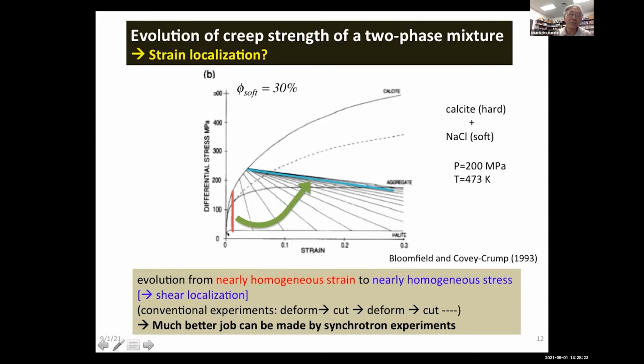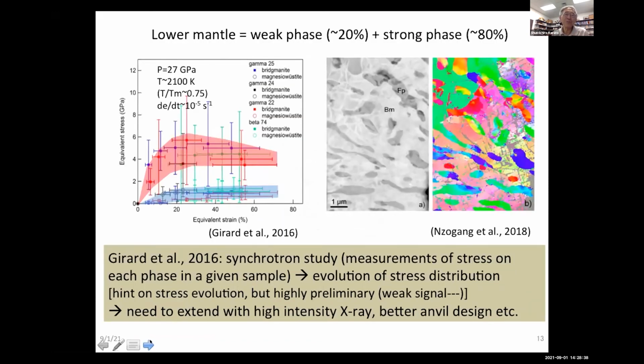However, in contrast, if strain is homogeneous, then the control is opposite. So this is a nice experiment, but it was done the classic way, cut and stop, cut, stop, and cut. We can do a similar thing by synchrotron, and I will show you one example from my lab on the lower mantle assembly. The starting material is olivine, and we transform olivine to bridgemanite and